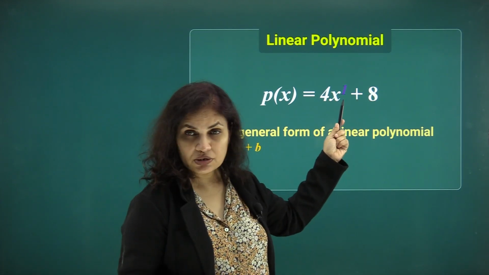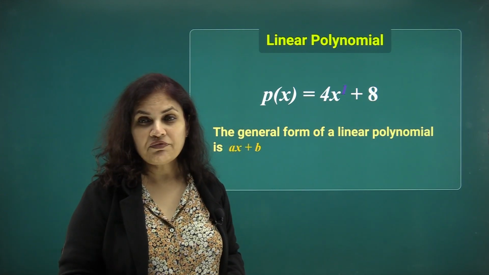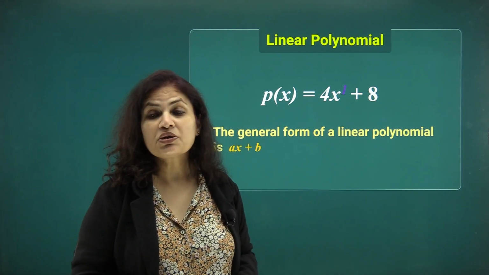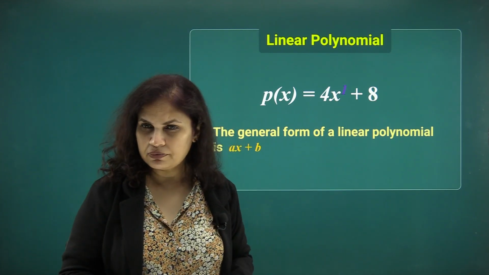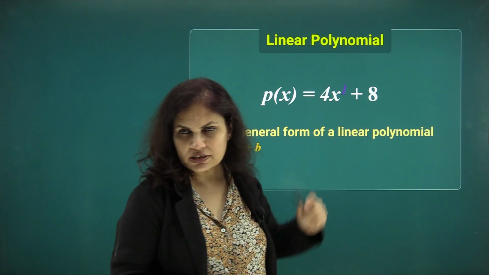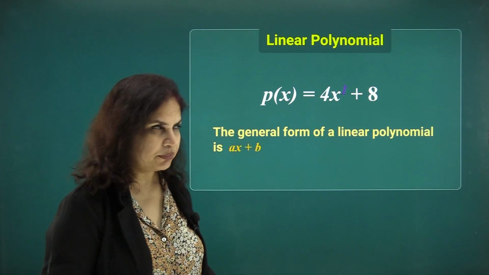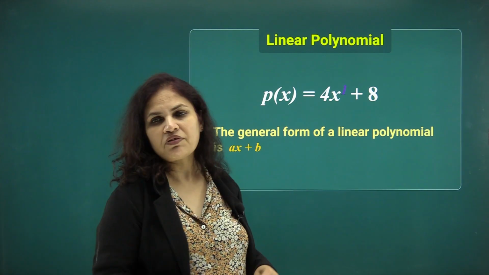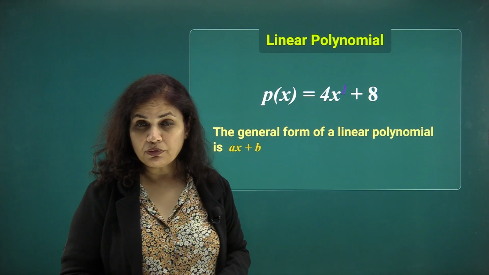After x raised to the power 1, we'll have x raised to the power 0, and we know x raised to the power 0 is 1. That is why we do not write a variable with the next term, and this gives rise to a constant term in the polynomial. So, here the highest power of the polynomial is 1, which means it is a linear